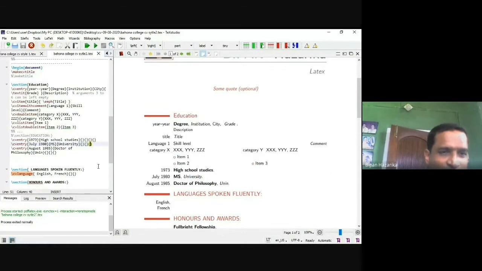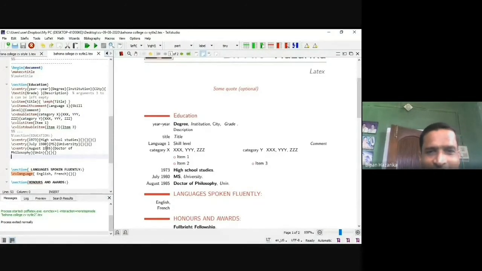Then we get the doctorate degree in, say, August 1985. So CV entry. Another entry if you want, so you write CV entry, you write accordingly. So you have options. You can add automatically. So after the doctoral degree, if you get, say, a Doctor of Science or other degree, write CV entry. You write all these things in that, then you get another row here for your degrees shown in here.